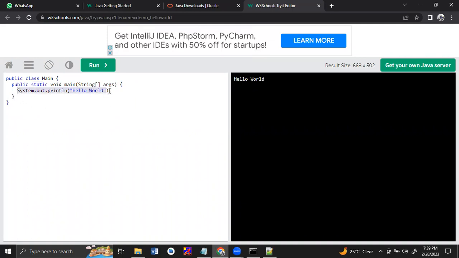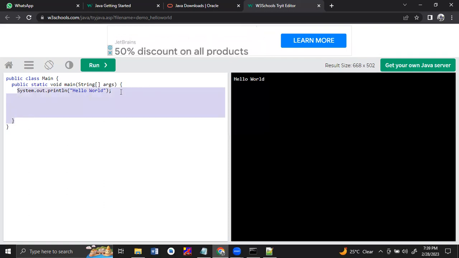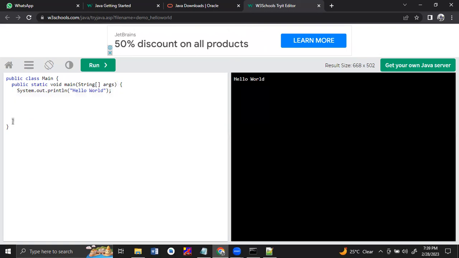To understand the first basic concepts, we should execute the code within this main. Whatever code we have to write, we will write only within this open curly bracket and close curly bracket. Once we go to the object-oriented concepts, that time we will understand why we use public, class, static, everything. That time you will understand better. But why do we have two curly brackets rather than one curly bracket? Because if